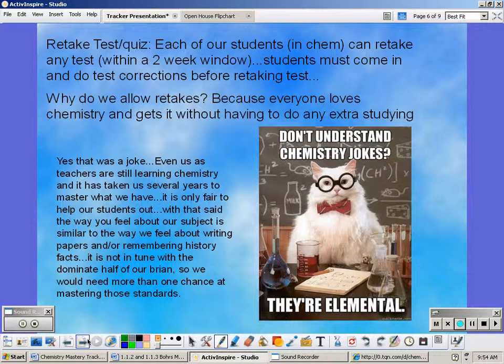Well, why do we allow retakes? Oh, because everyone loves chemistry and gets it without having to do any extra studying? No, unfortunately not. That was a joke. Even us as teachers are still learning chemistry ourselves, and it has taken us several years to master what we have. It is only fair to help our students out. With that said, the way you feel about our subject is similar to the way we probably feel about writing papers and remembering history facts. It is not in tune with the dominant half of our brain, so we would need more than one chance